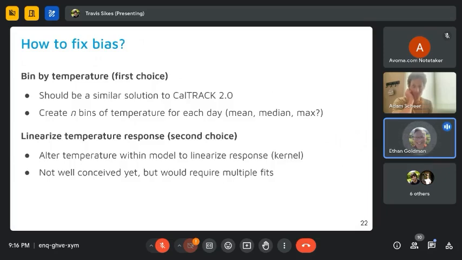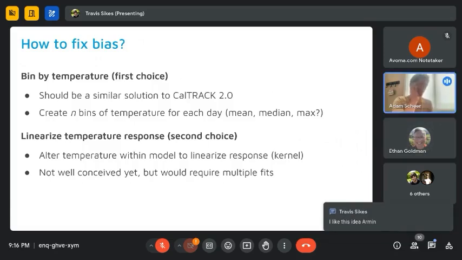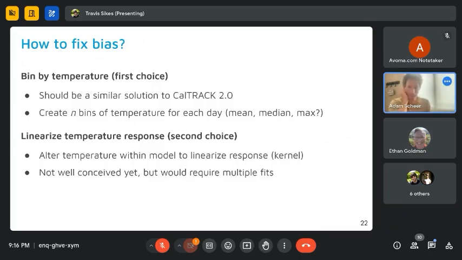The binning sort of got us around having to do multiple fits because we just let it find the inflection point, and one of the bins is a little wonky, but no worries. I think the question we're grappling with is whether the binning strategy is sufficient here.